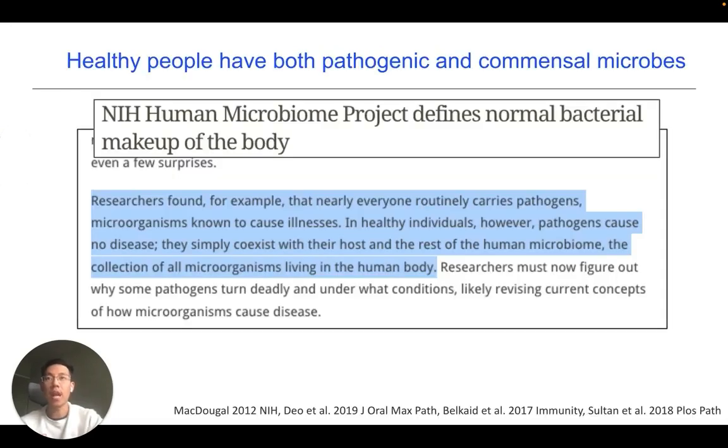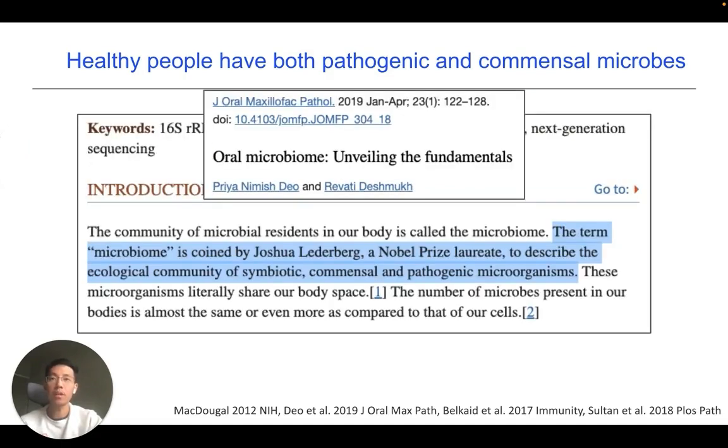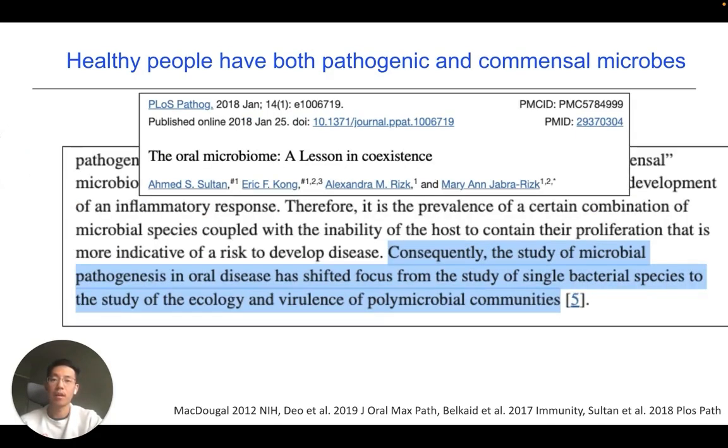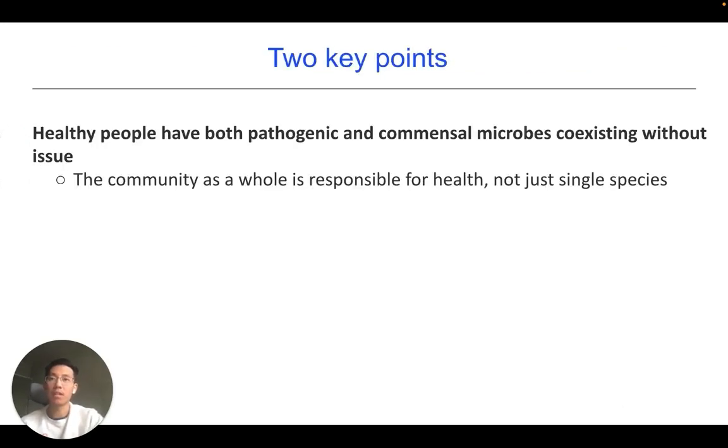Research now shows that nearly everyone carries microbial pathogens in and on their body. And for the vast majority of people, these microbes live symbiotically with the host. This community of organisms, both commensal and pathogenic, make up the microbiome. Our understanding of symbiotic interactions between pathogens, commensals, and host immunity has led us to better understand the pathogenesis of oral disease. And now we know that the community as a whole is extremely important for health, not just single bacterial species. And because of this understanding, we know that the complete elimination of single microbes may not be the